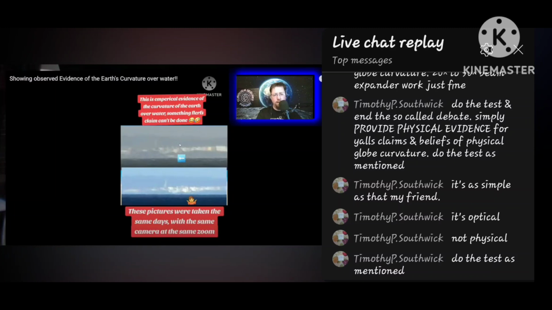So Timothy is trying to claim that this isn't physical, this is optical, but yet looking at a laser beam would be completely optical as well because you're using your eyes. Everything we look at is optical, but this is physical. This is a physical horizon that's obstructing our view on those beaches where I can't see certain buildings below, and when I'm higher up I can see them. So yet this is 120% physical. I'm looking at it using optical evidence to show physical obstructions and show the physical curvature of the Earth.